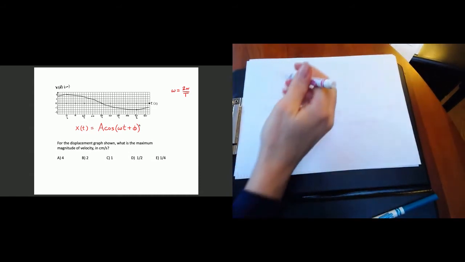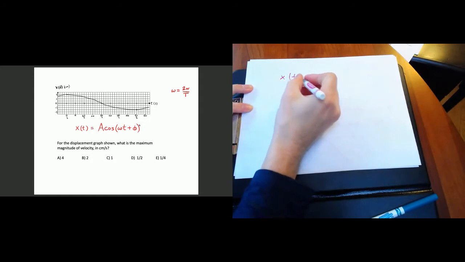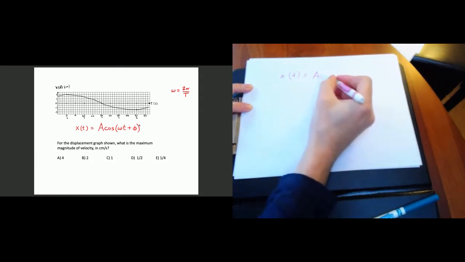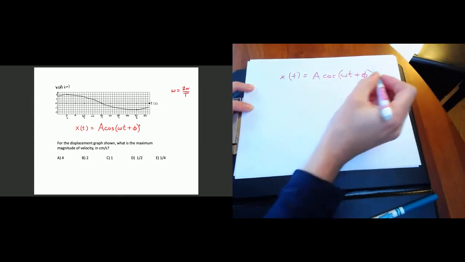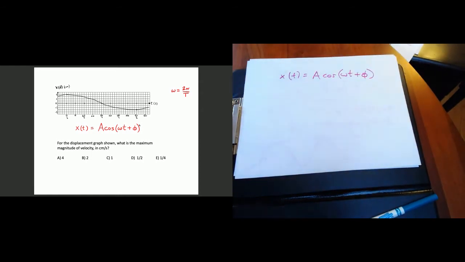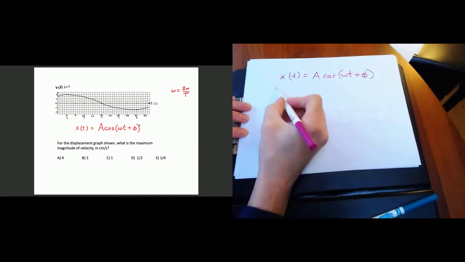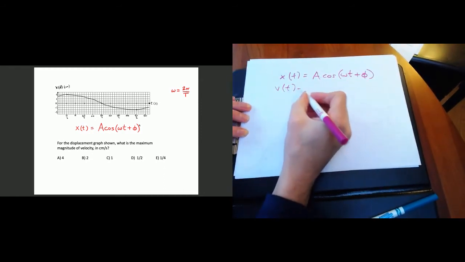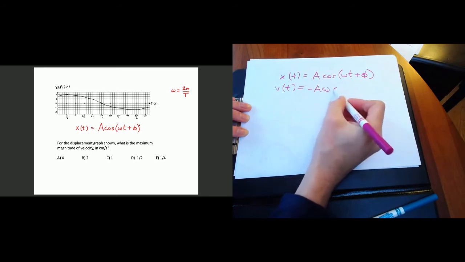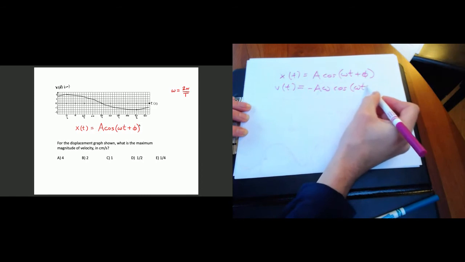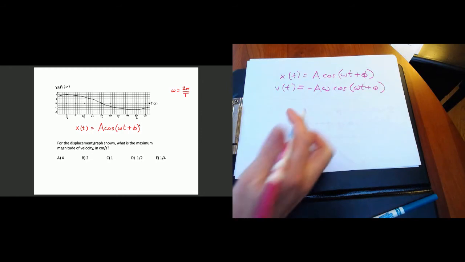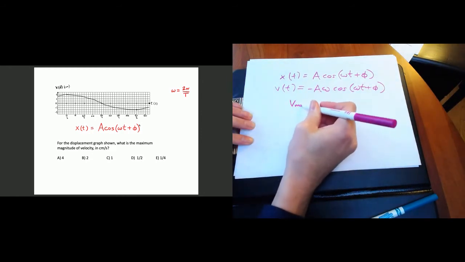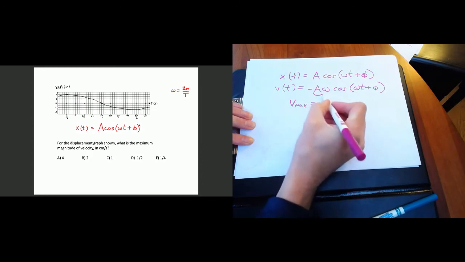So let's have a look. We have x of t. It's given by some kind of simple harmonic motion, so for some amplitude and some phase. And we're trying to figure out what is the maximum magnitude of velocity. And so again, it'll be useful for us to remember that the velocity is the derivative of this, which is a omega cos omega t plus phi. And so the maximum magnitude of velocity